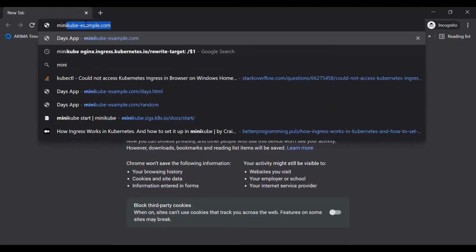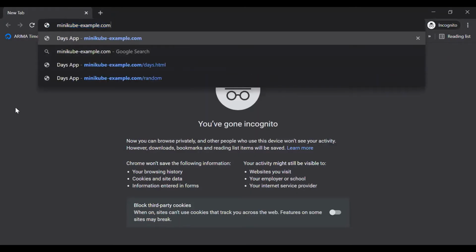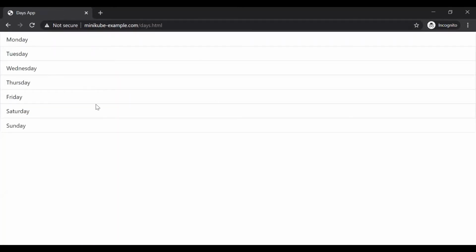In the browser, type minikubeexample.com, which is the same host we have used previously. And yes, we are able to access the application through the domain name, right? So upon clicking this, we can see the page. All right. So the only difference is when we use the service of type node port, we are accessing the application directly, but here we are accessing the application through ingress. So the added advantage of ingress is we are not allowed to go into the application directly, like access it inside the cluster, but the outside traffic will be accessing only via the ingress through the generalized domain name. All right.